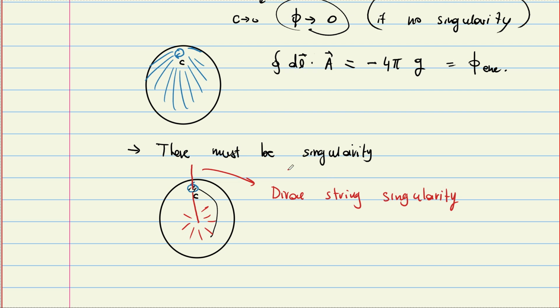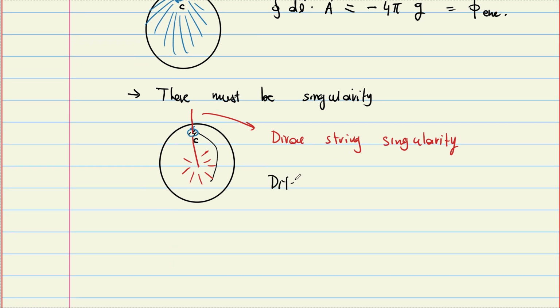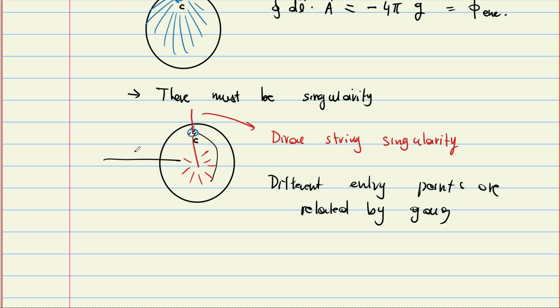But where does the string enter, right? It can enter from here, it can enter from here, and it can enter from there, right? And Dirac said different entry points correspond to different gauge choices. So different entry points are related by gauge. By making a gauge transformation, you can take this string and put it like that, for example. And he said, then